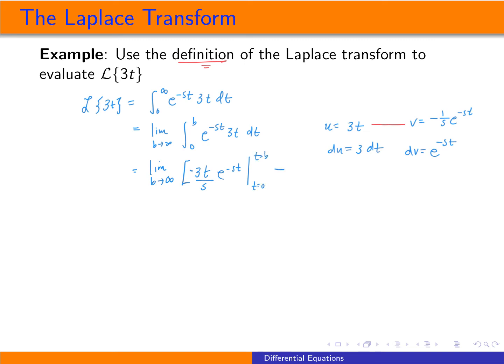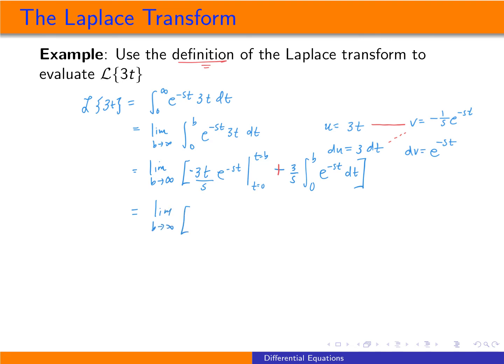Then we subtract away the integral of v du. So we'd be subtracting away the integral from 0 to b of minus 3 over s, which is a constant. We can pull that out front. Minus a minus becomes a plus. And we need to integrate e to the minus st one more time. So cutting and pasting down here,